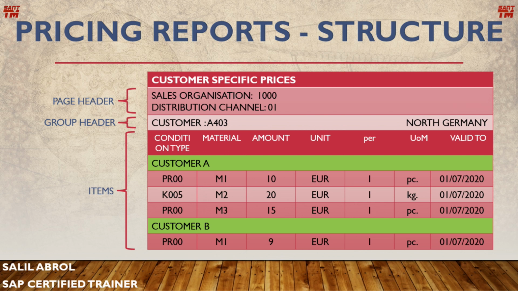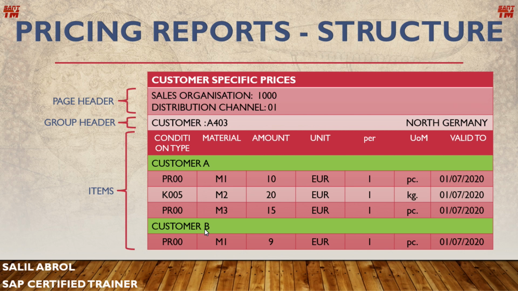So our pricing reports work in 3 parts, where each part is a filter, and when we move to the lowest filter, we are restricting ourselves more. Here we restricted to distribution channel number 01 only. Here we again restricted ourselves to only one type of customer, called A403, and in the item level we are restricting ourselves to the particular customer in that customer group, customer number A, and here to customer number B. So this is the hierarchy that we have to follow while developing the pricing reports.